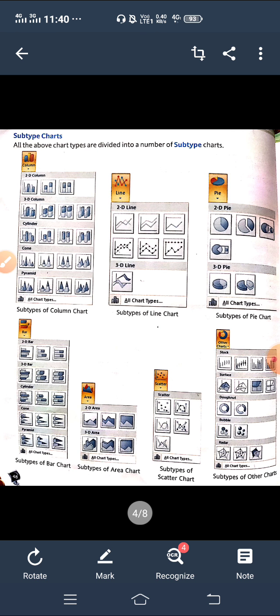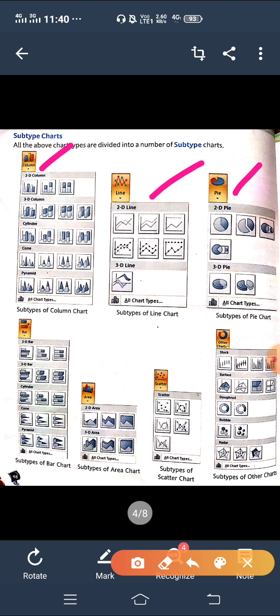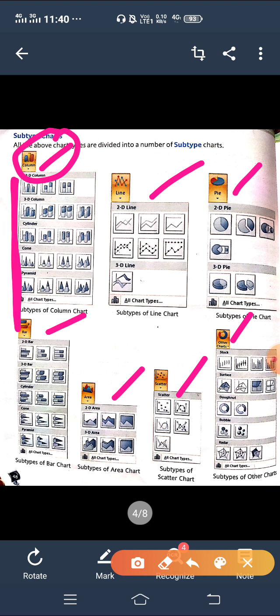Then the subtypes. Already I have told you about the column chart, line chart, pie chart, bar chart, area chart, scatter chart, and other charts. Now, when you are creating a particular chart, suppose we are creating a column chart, when we click on column, this sublist will appear, and in this list subtypes will appear on your screen.